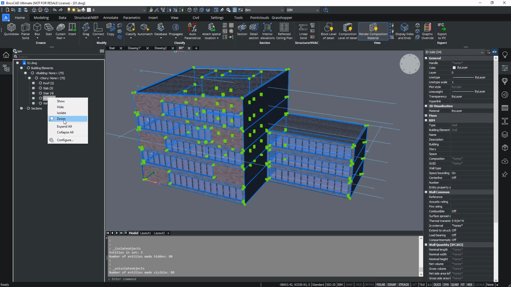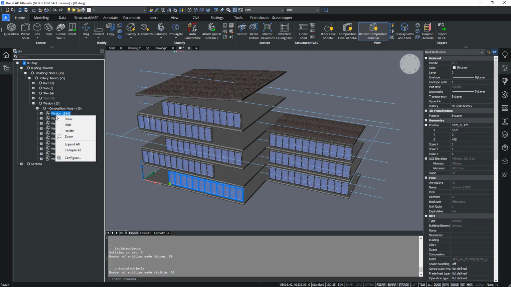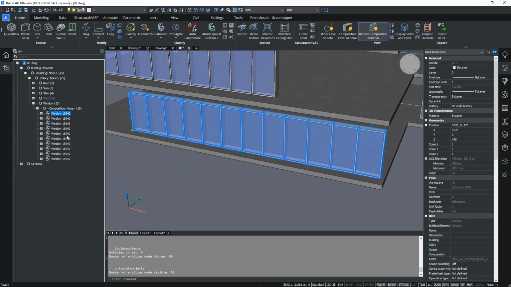You can also zoom to a certain element. So if you click hide, all the walls will be hidden. If you zoom onto a certain window, for example, you will be taken to that view. And that concludes our viewing in BricsCAD BIM.